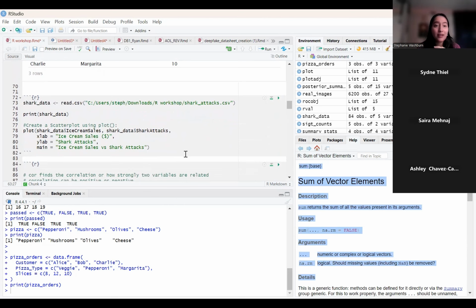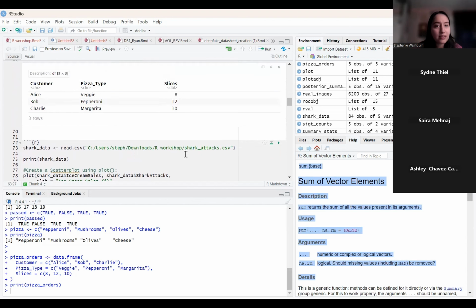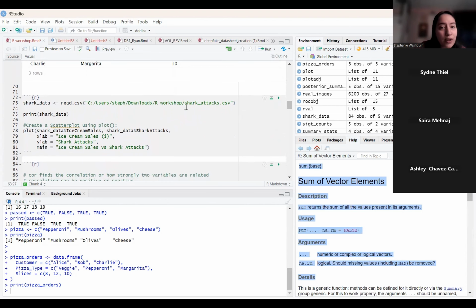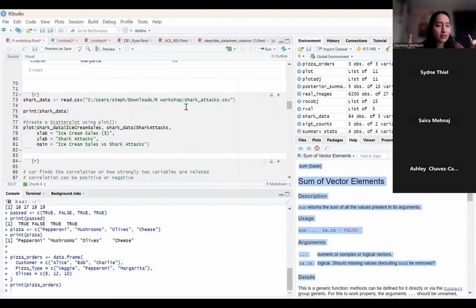now we are going to look at a data set. So what if we don't want to create a data set like we did, but what if we already have one that we want to analyze? My code chunk might be a little bit different from the Google Colab at this point because I have to read in the data a different way. If you remember for Google Colab, we clicked the upload button and we just uploaded it to our Google Colab sheet. But since I'm on R, I have to tell it where exactly I want it to find my specific data